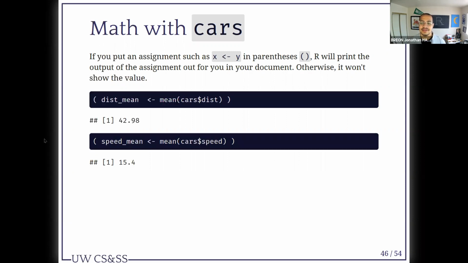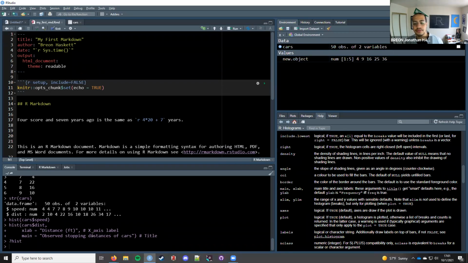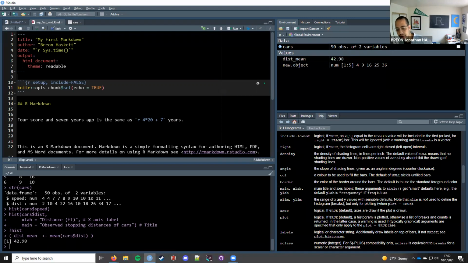So if we make a new object called dist_mean and assign it the mean of the cars dist variable, if we put it inside of parentheses within our editor, our console, note that it will print out what is inside of the dist_mean object that we've created.